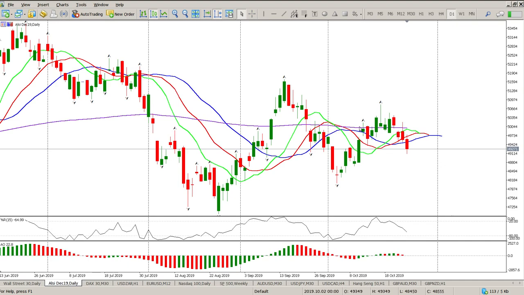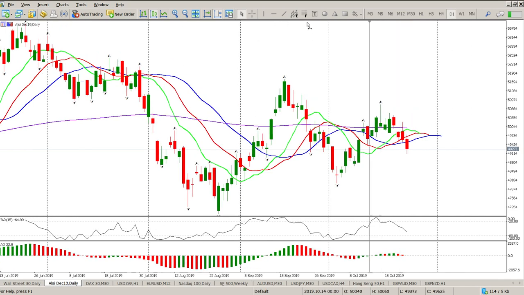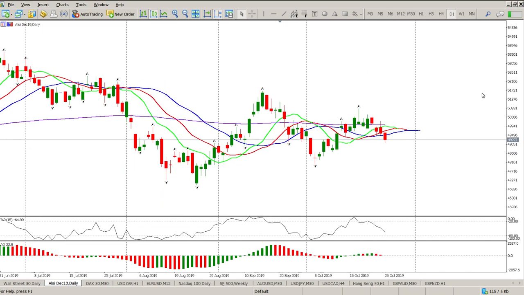Just looking at the daily, we ended up with another red day, but there's a couple of interesting things on the go here. I just want to get to the middle here. Firstly, you need to draw your trend lines on the fractals, the first two fractals. If you look here, there's our first fractal, there's our second fractal. It looks like a trend line break and retest, and this is our